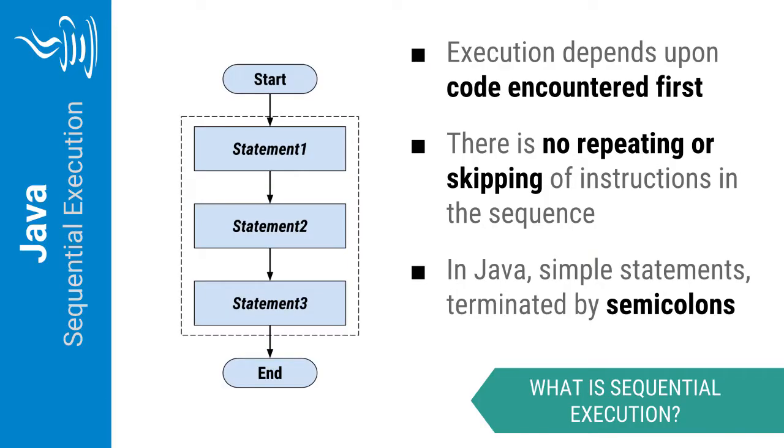Sequential execution refers to rudimentary top-to-bottom code execution in which the first line of code encountered is the first executed, then the next one, and so on. This is basic execution in which all the code just runs, does not repeat nor branch based upon decision-making of